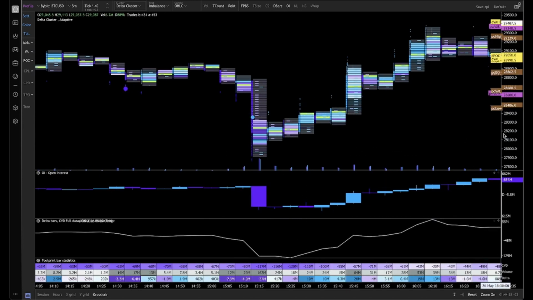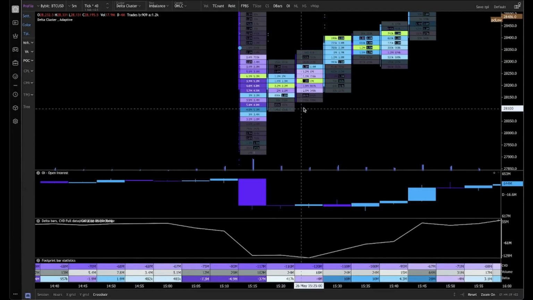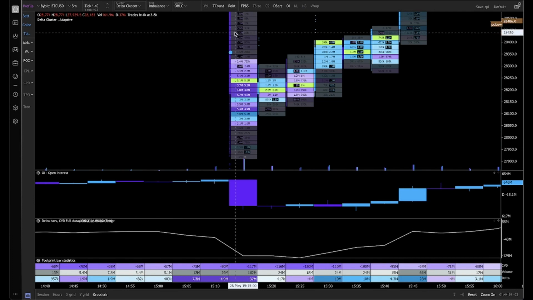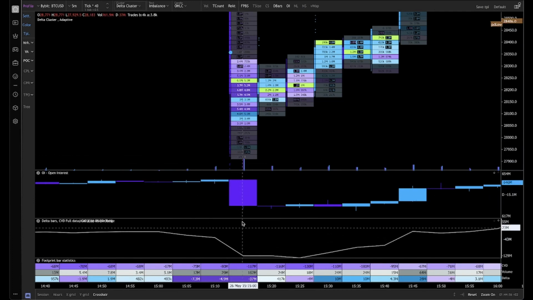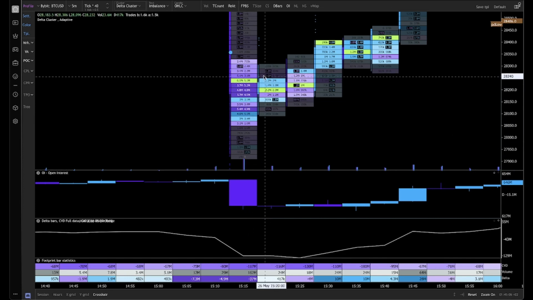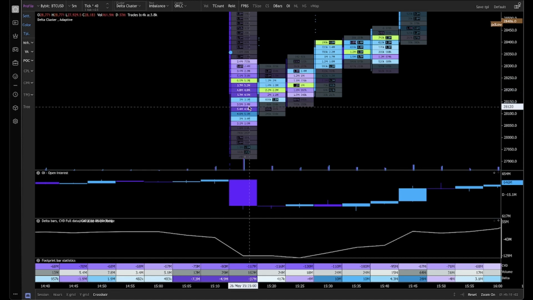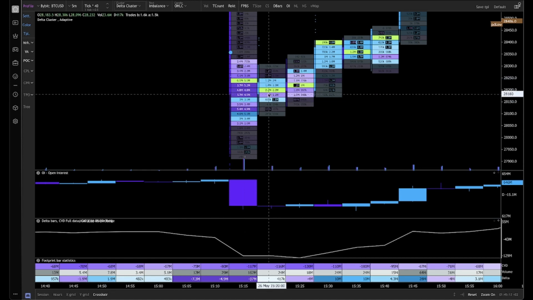So let's zoom in a bit to see the footprint, and then this is what you want to see essentially. So decrease in open interest, you can see you want to see a lot of volume and a lot of delta, and then you really want to see new short positions opening at the low, essentially getting trapped